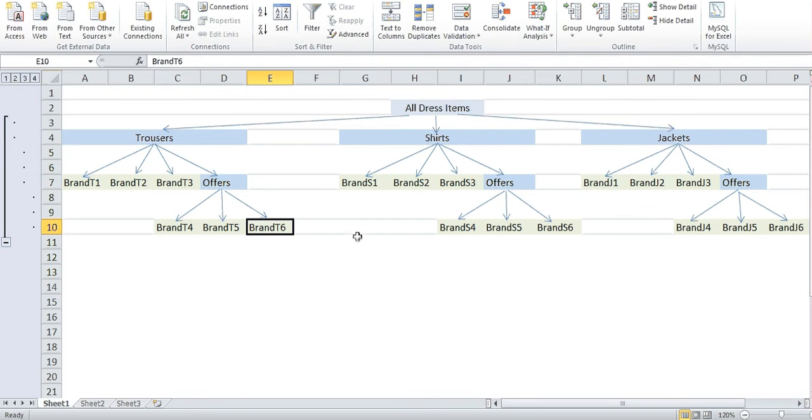So if you see, this is my tree structure wherein I have various leaf nodes which are the individual dress items, and a few categories as well, such as offers on trousers, and trouser itself is a subcategory of all dress items. So all these blue highlighted ones are the categories and the green ones are my leaf nodes. So the blue ones are my dress categories and the green ones are my dress items. Now